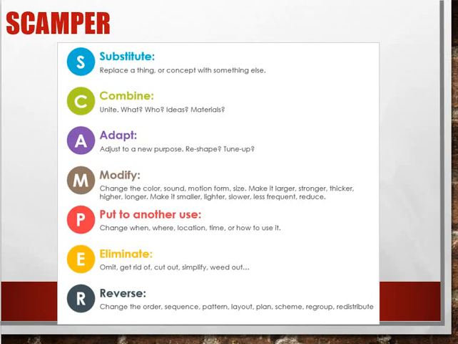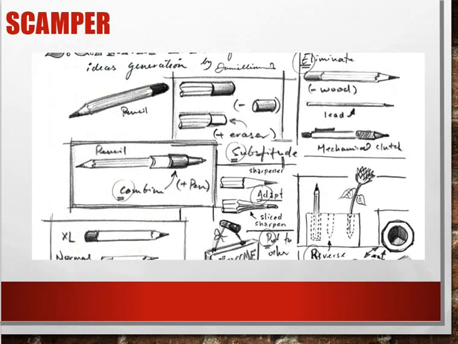The next little slide I'm going to show you is of a drawing of a pencil. You can see here that they've tried to substitute the cap for a rubber point at the end. Here they've eliminated things by taking the wood away and rather just having lead, or they've added a mechanical arm to it. So there are lots of examples on the internet about how Scamper can be used to change and